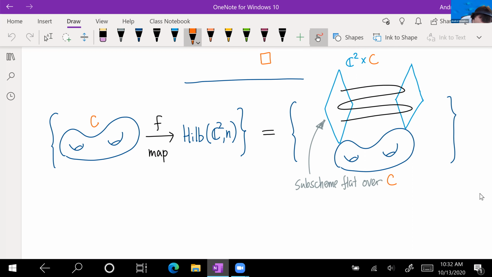So if I have a map, means this map. So if I have a map to the Hilbert scheme, then by map I now mean this is without singularities. So no singularities here. Then both by the definition of the Hilbert scheme and also by the actual construction, this is the same. So by definition, this moduli space parameterizes